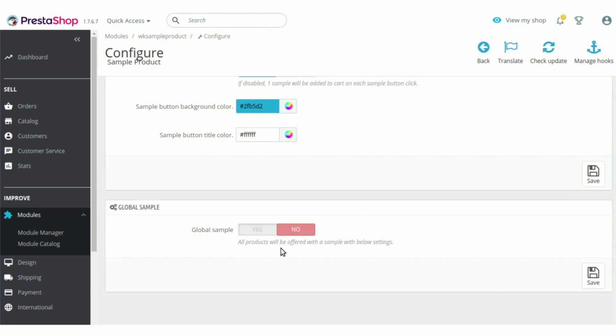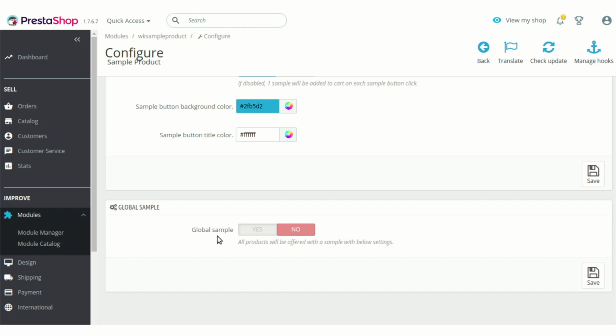Now next section is global sample. This option particularly helps you to offer samples of each and every product available on your store. Let's assume that you are willing to offer samples for each and every product on your shop.